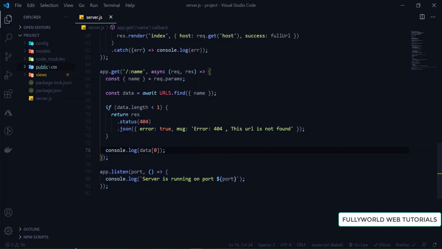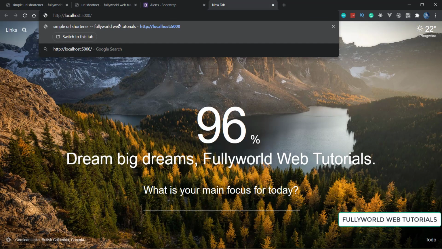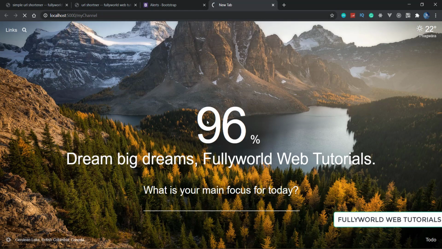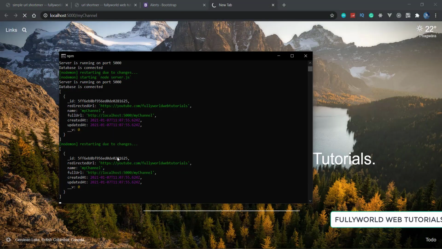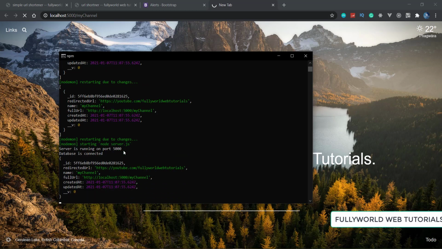Save this, and same thing there: localhost 5000 my channel. I'm going to do that, and see what we are getting. Now we are getting an object, only the first object.